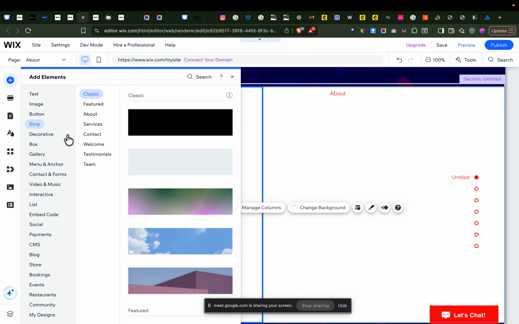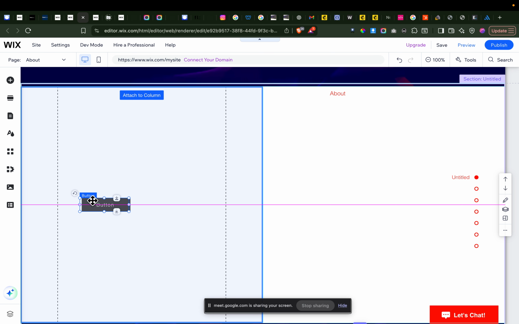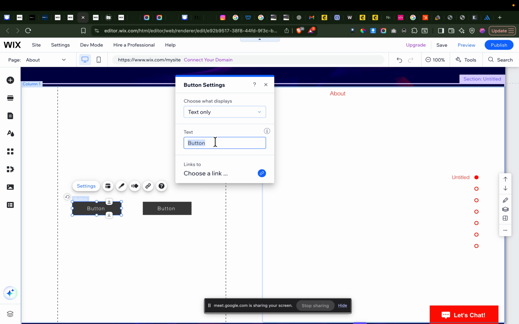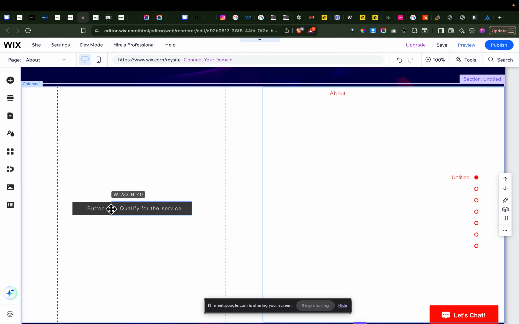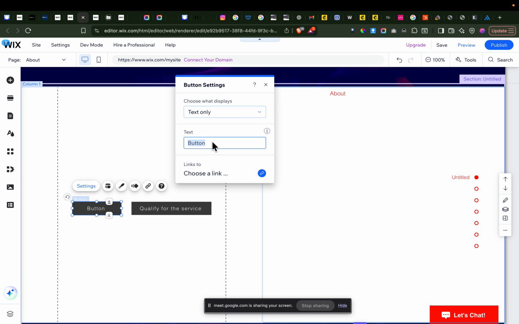Okay, so you said you want there to be two buttons. Let's say button one and then button two. So this button one should be directly for Members, and this one should be for qualify for the service, right? Yes, sir. Qualify for the service. And the first button should be for Members only, or member sign in. Did you say members sign in? Members sign in.